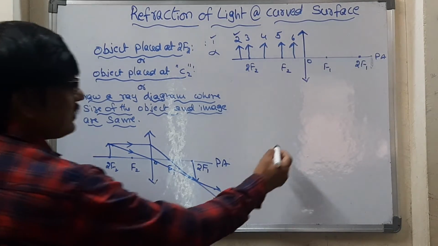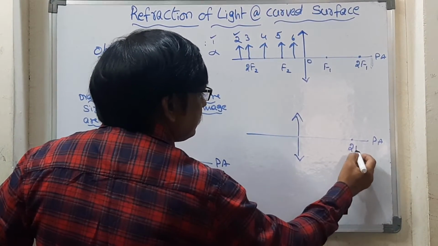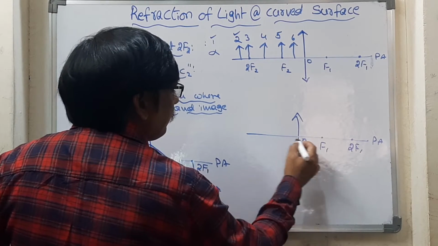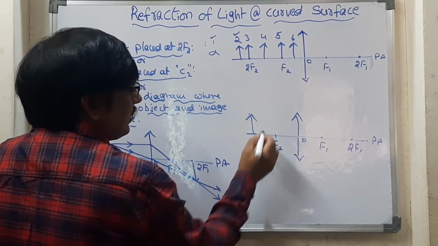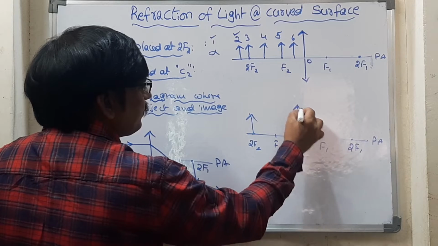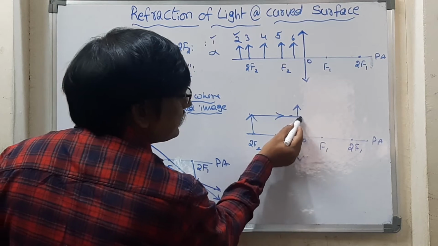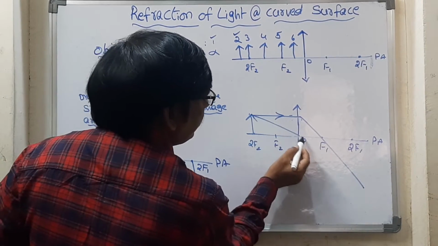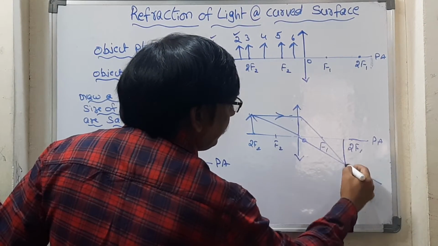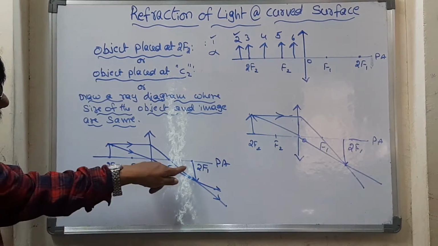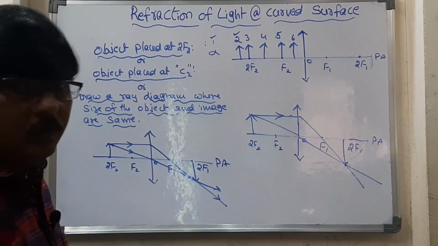Again I will explain once how this will be. This is a convex lens we have taken. This is the principal axis, and this is 2f1 and f1, optic center. This is f2. This is 2f2. First we have taken one ray that is parallel to the principal axis. When it passes parallel to the principal axis, it passes through focus. And the second ray we take passes through the optic center. They both will intersect at one point. Draw a perpendicular from the intersecting point to the principal axis. That is the image.